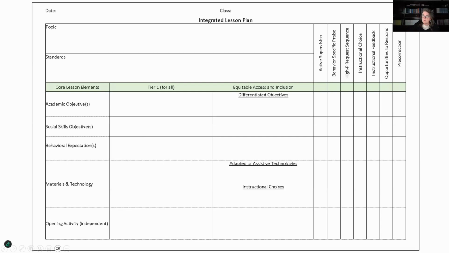So it might be, for example, that people start by what they know. Like I put down, what do I want to accomplish in terms of my academic objective? And then at tier 1, when you're using a validated resource and you're teaching explicitly at tier 1 for all kids different social skills, this is a time to remind kids of those skills that they have received instruction on in the past and an opportunity to say how they're going to practice them in the future.